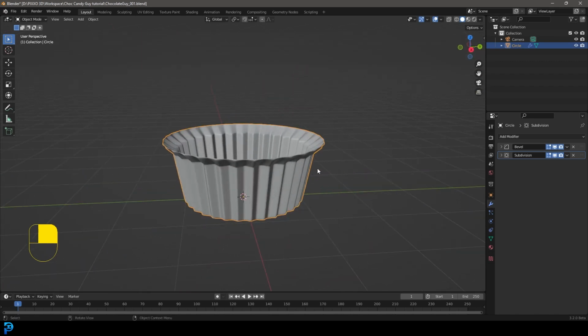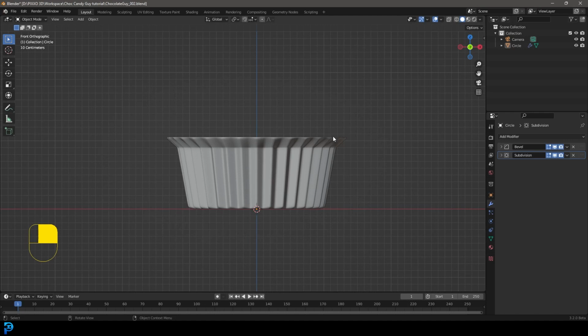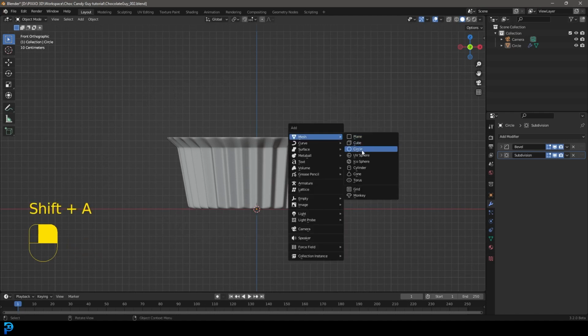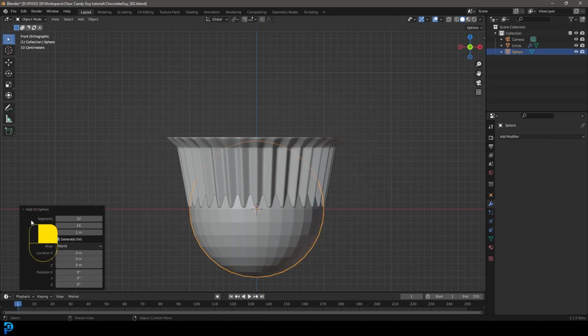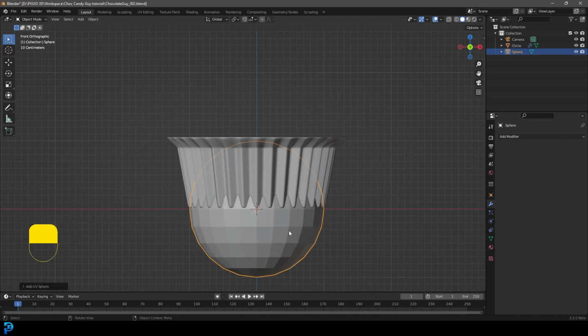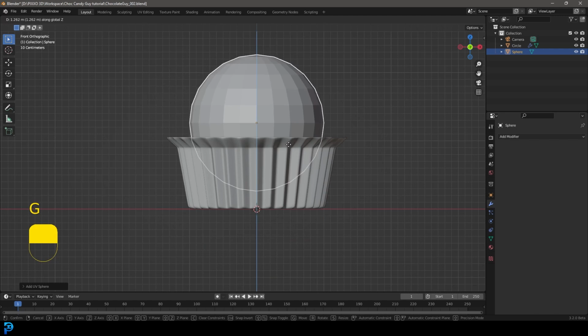component inside. Okay, so within our object mode, we're going to go Shift A and let's add in a UV sphere. And what we're going to do is we're going to go to our segment count under the UV sphere options here, and let's make it something like 24. I think 24 would be a good number, and let's just bring this number here down to 12 for now. Let's drop that down, and we're going to go G, Z, and just move it up till it's sitting somewhere